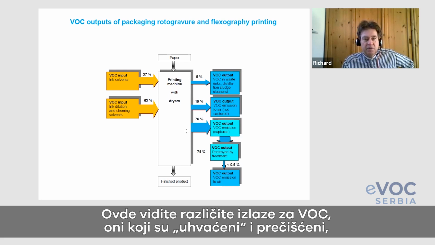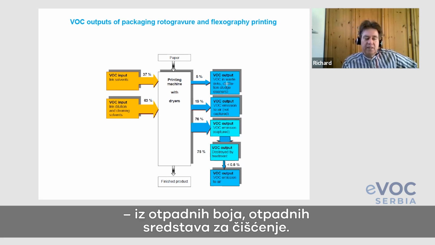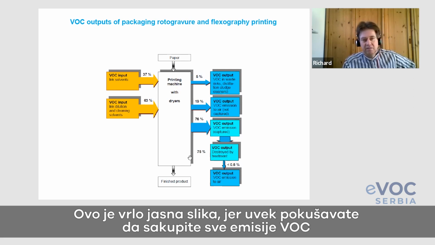For example, those that have been captured and cleaned, those that are fugitives, and you have VOCs mainly, for example, in distillation sludge or in waste. That means waste inks, waste cleaners, and so on. But you see, most part will result from the collection of the waste gas from the printing machine and the dryers. So that is a rather clear picture,